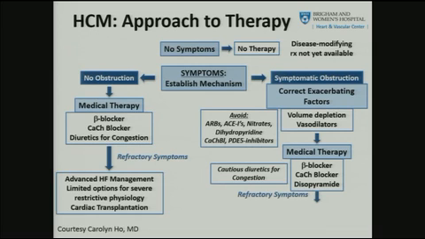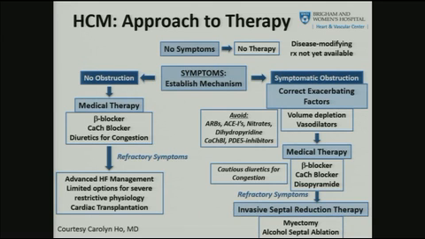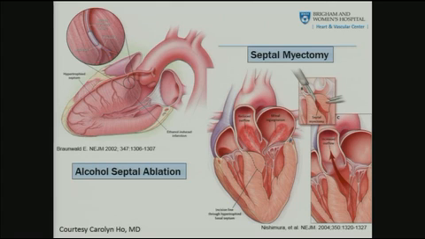So if we then think about patients who don't respond to medical therapy, and typically this is step therapy with either a beta blocker or a calcium channel blocker, typically not a dihydropyridine calcium channel blocker, then the addition of disopyramide on top of that, and then if one fails, then the options really are septal reduction, which comes in the flavor of either myectomy or alcohol septal ablation, and these are two schematics from a review by Rick Nishimura